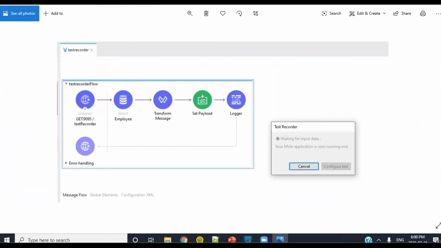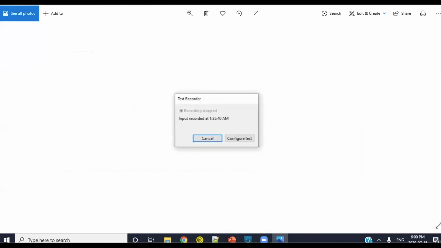If you run with that, it will first ask whether to start the test recorder. Then whenever you send the actual request data to the test case, it will start, and it will tell whether the data is recorded.